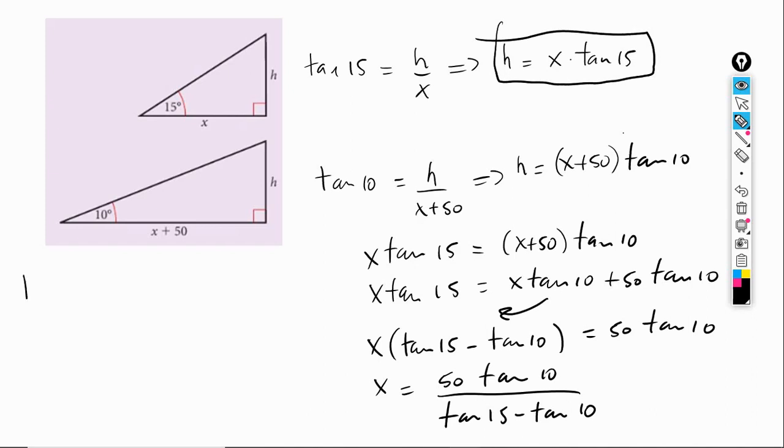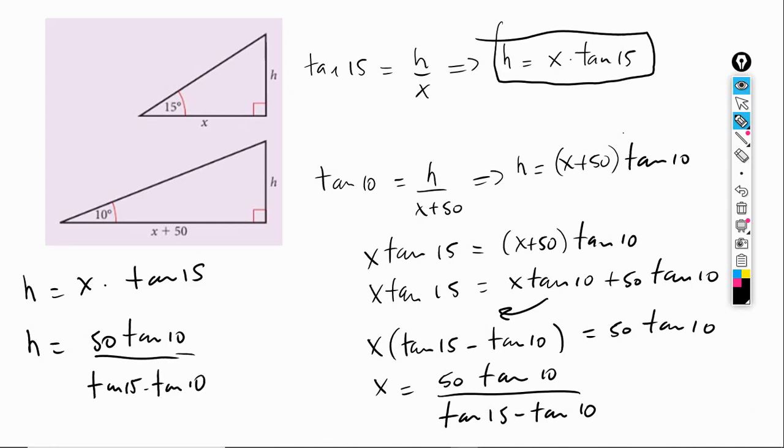So that means that h, which is equal to x times tangent of 15, would be the same as saying that h is equal to 50 tangent of 10 divided by (tangent of 15 minus tangent of 10) times tangent of 15. Now we finally plug this into the calculator, and it's going to give us approximately 25.783. But we have to round it to three significant figures. So we have that the height is approximately